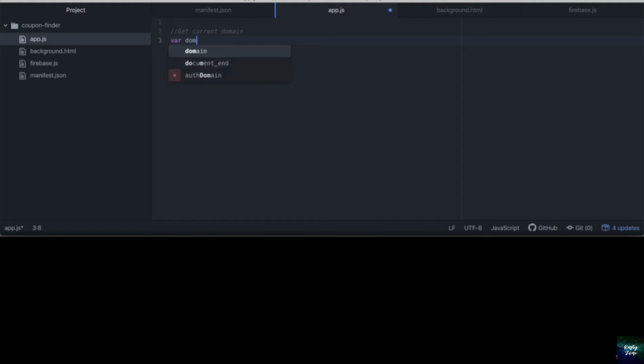So we'll set this as a variable of domain, and this will be equal to window location host name, but this may have HTTP or www prefixed at the moment, so we just want to make sure that we strip all of this away. So we can do this with a simple replace. So first we'll check if it just has HTTP and then one for HTTPS. And then finally for www as well,